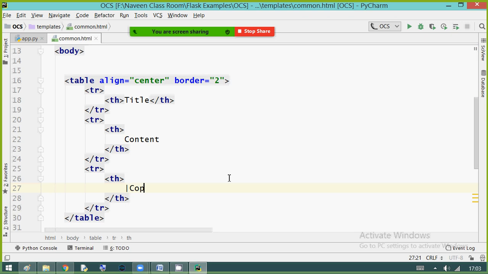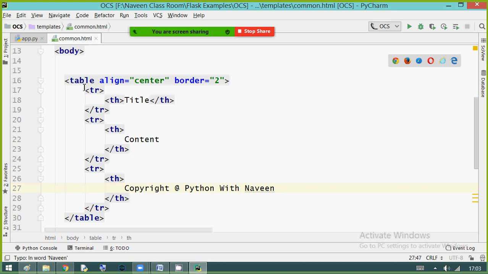Copyright. I'm just using the @ symbol, guys. Don't mind that. Copyright @ Python with Naveen. That's it.